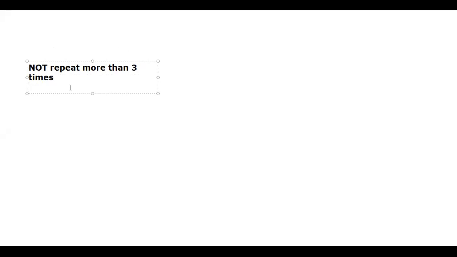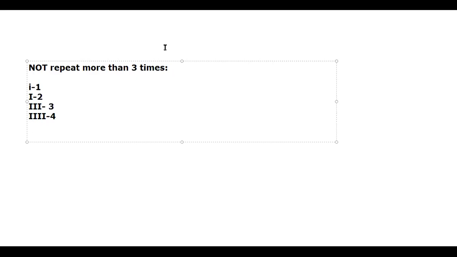Means what? For example, if I want to write, this is 1, we all know that. This is 2, 3, right? If I want to write 4 like this, I should write IIII. But actually it is wrong. We should not write 4 like that. How to write 4 then? IV. How to write 4? IV. That is the meaning they are saying.